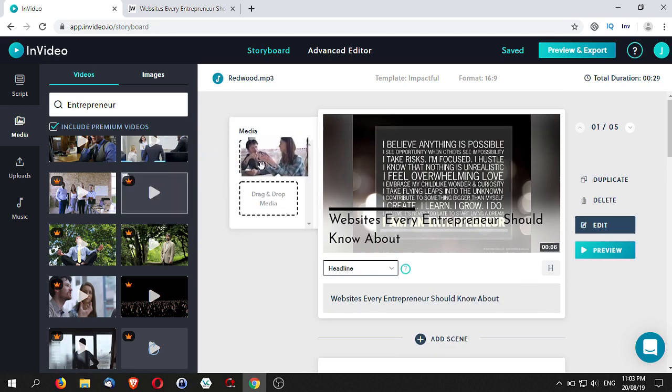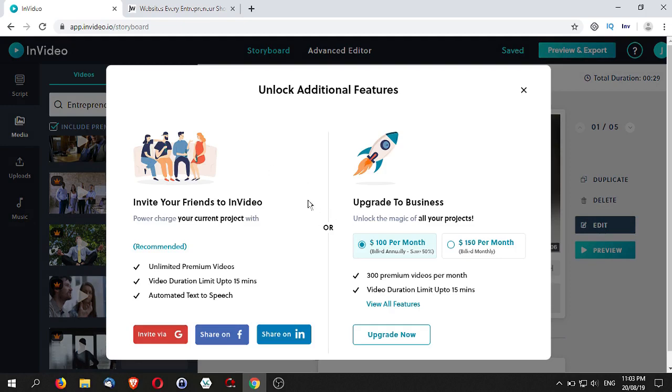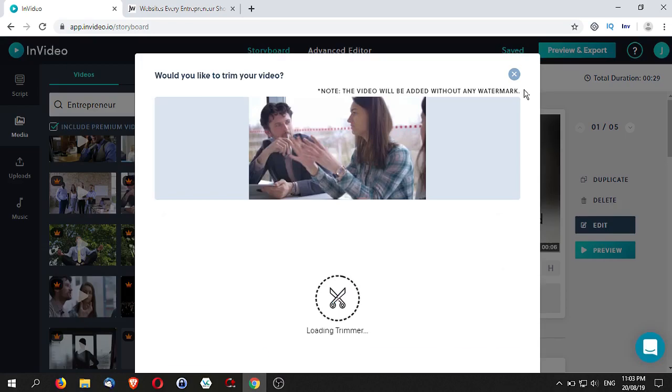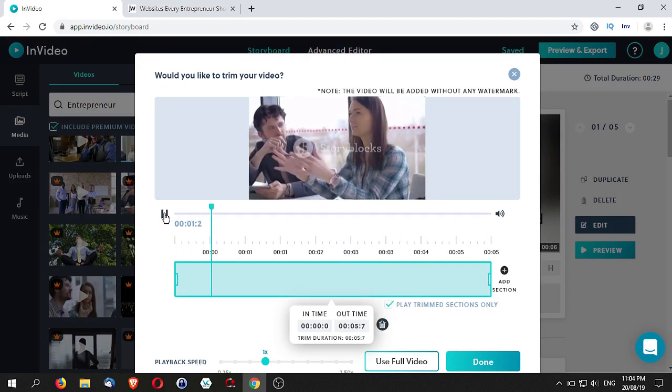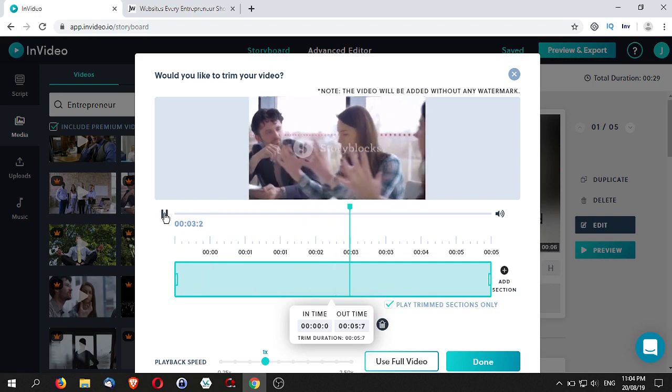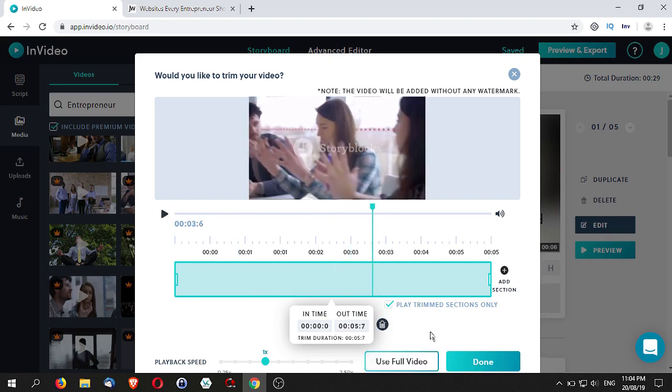Okay, I didn't do it properly. Alright, so just close it for now, and you have this sort of a short timeline for you to edit. This video clip here is about 5.7 seconds. For the amount of time, I think I'm just going to use the entire video. If you want to use a full video, you just click on use full video, and at the bottom